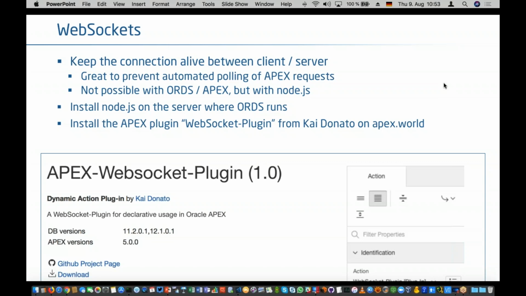And then you can have a look at a plugin that a colleague of mine, Guy Donato, has written, and that's also freely available. I would strongly suggest getting in contact with Guy Donato about the details of using this plugin, because it needs some explanation as well. It's not that trivial to set it up and get it up and running in like 1 second.